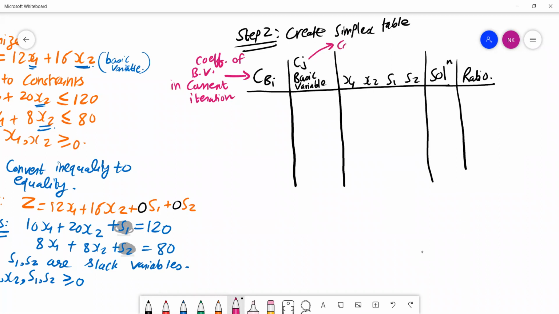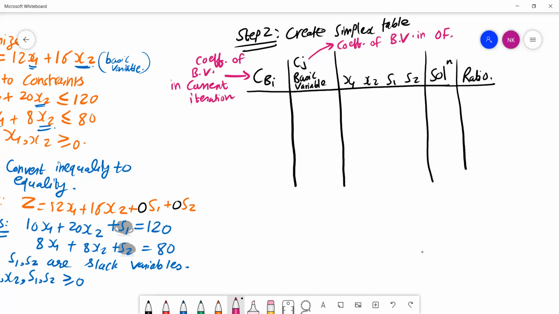This Cj is nothing but the coefficient of the basic variable. Again, the same thing, coefficient of basic variable. But over here, in CBI, I stands for the iteration, the current iteration. And this is the coefficient of the basic variable that is there in the objective function. This is the solution, this is the ratio, and over here we have enlisted all the basic